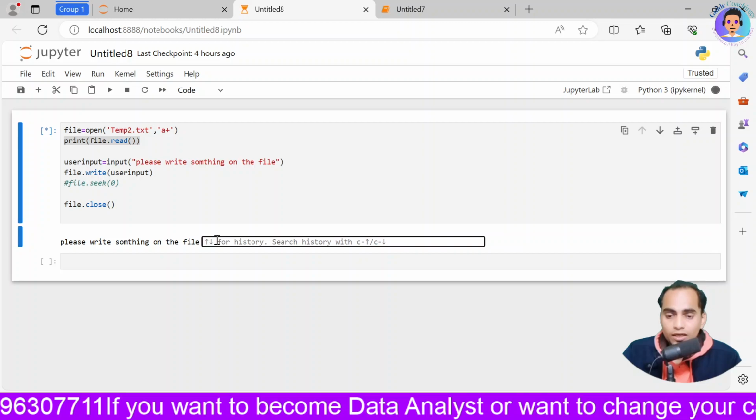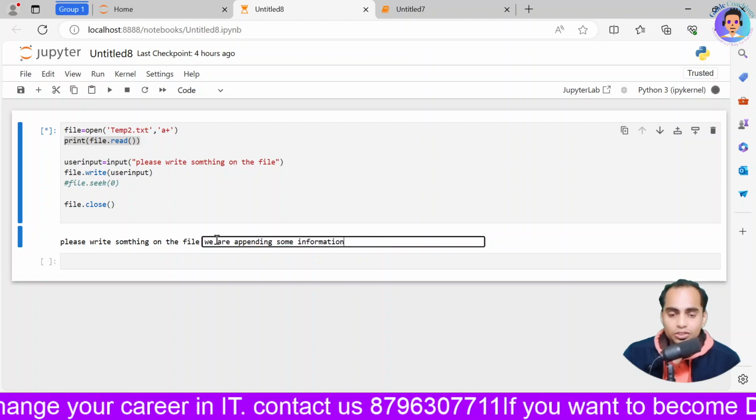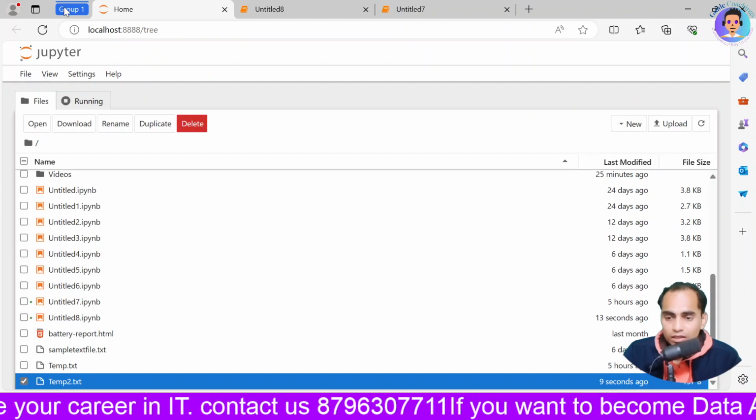Okay, now I am appending it. We are appending some information over the file. Okay, and hit enter. So see, now if I execute it, it is not storing the data. Okay, so please write something to the file. Okay, so if I just reload it, if I show you